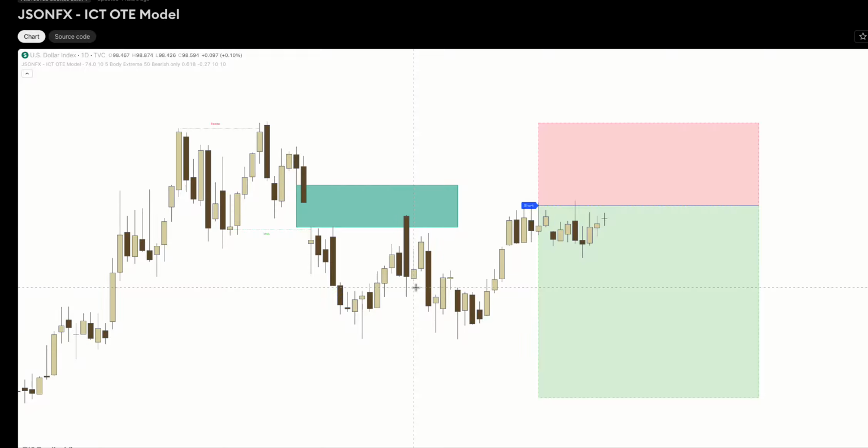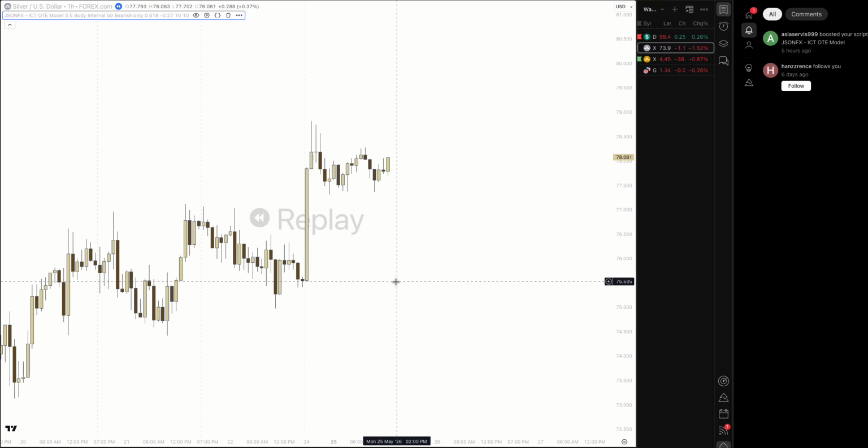So how it works is it looks for the sweep and then the market structure shift. And then if, going back to the range, we have an FVG, then we look for price to enter into a trade, right? So that's basically it. So to give you that demonstration now,